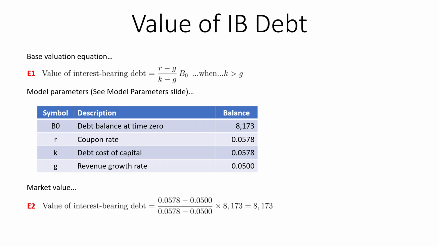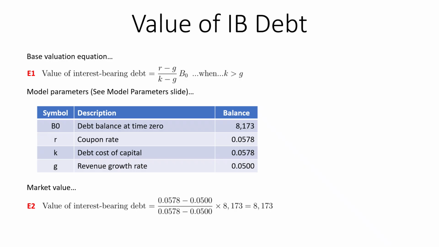We're going to say that E1 is the value of interest-bearing debt, which is R minus G as the numerator, K minus G as the denominator, and then we multiply it by the debt principal balance at time zero. So we look at our table: B subscript 0 is the debt balance at time zero, which is 81.73. And R is the coupon rate, which we'll say is 578. And we'll say that it equals the cost of capital